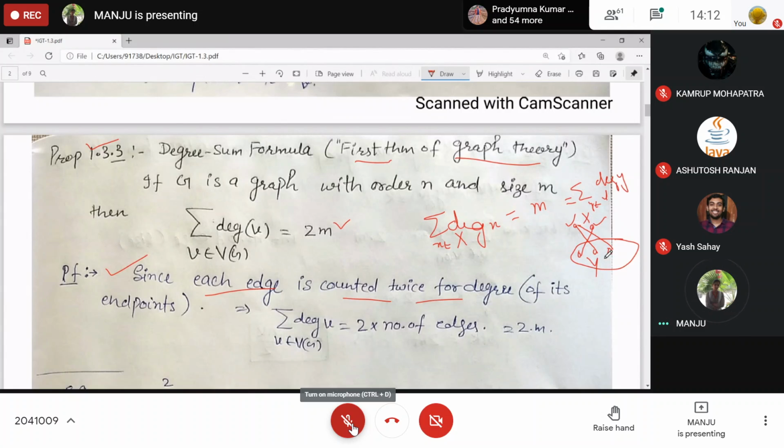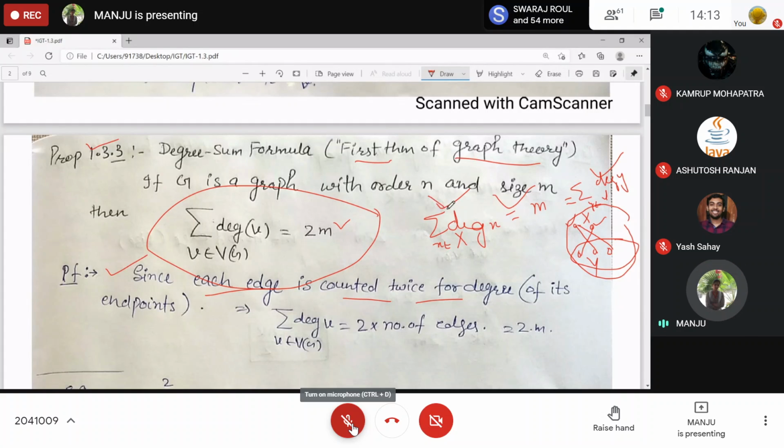That's why the summation of degrees will give you the size, the number of edges. This is only for a bipartite graph, okay? And if you take all the vertices, then the degree sum over X plus the degree sum over Y is m plus m, that is 2m. So for every graph this is true, and in particular for a bipartite graph this one is also true.